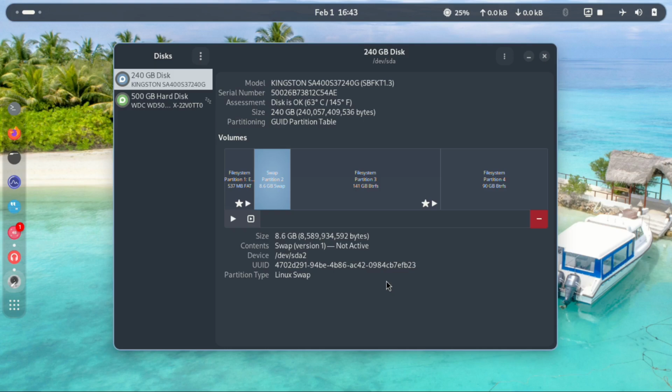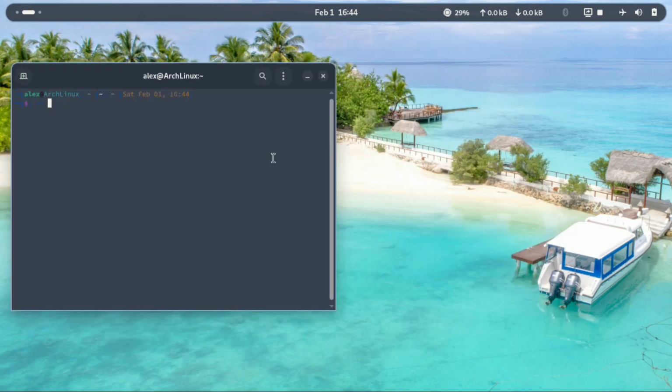All right, so what we need here is, while the swap partition is selected, look for this UUID code right here and you need to copy it. And next we need to edit two files. The first one is the fstab, and the fstab is supposed to be in the etc folder. Open etc/fstab,